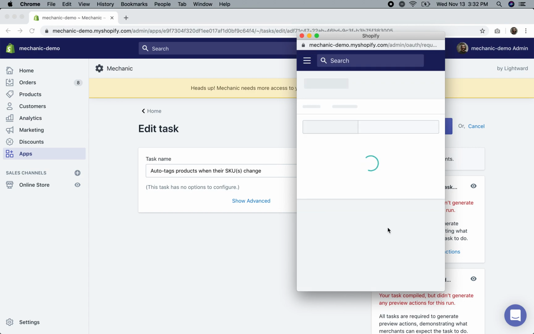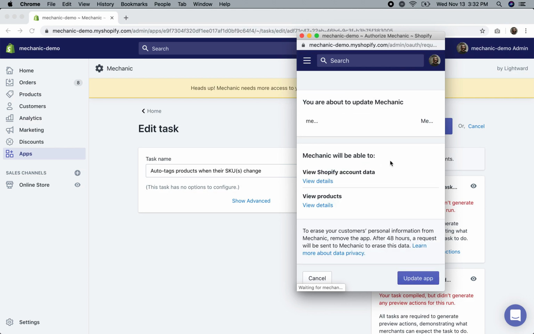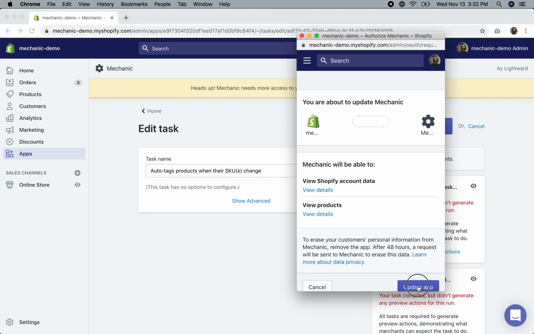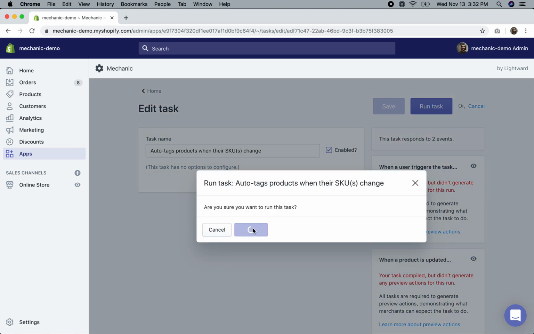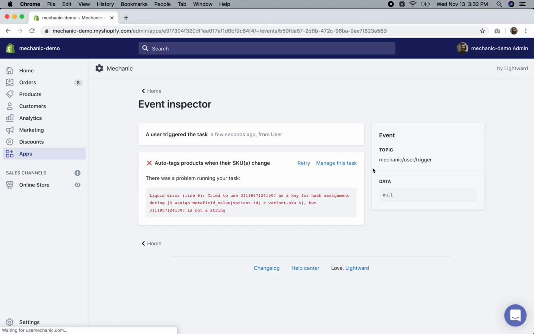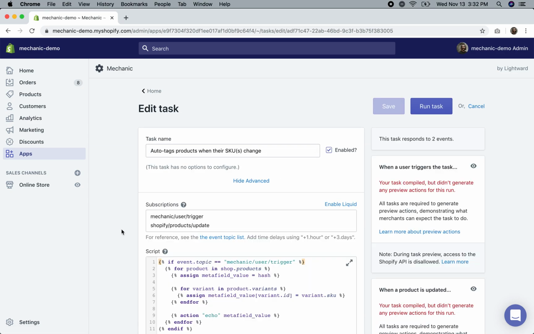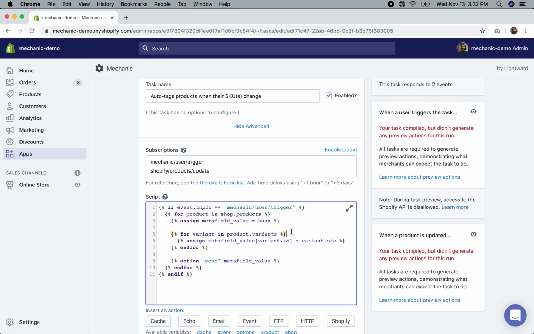We're granting additional access here because Mechanic has scanned our script and determined that we need the ability to view products. So I'm going to grant that access here. I'm going to run the task. Cool, yep. Tried to use an integer as a key for hash assignment, but it's not a string. So go back to manage this task, and let's change the variant ID to a string, assign